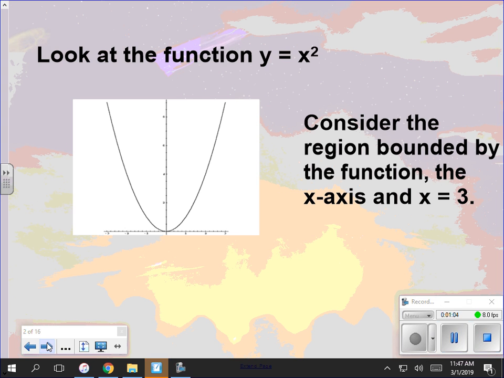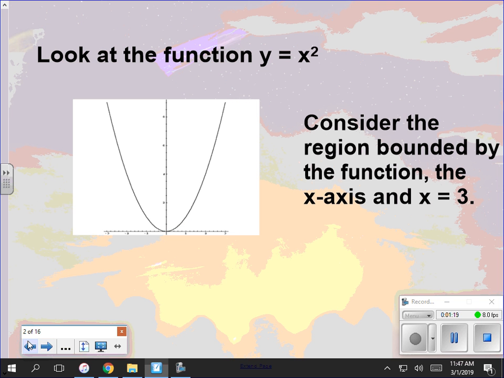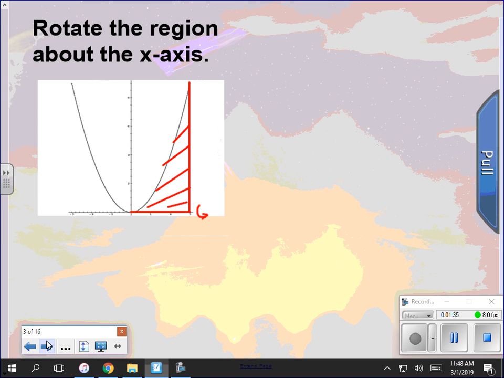So, let's take a look at the function y equals x squared. Consider the region bounded by the function, the x-axis, and x equals 3. Okay? So, the idea is, I have this function, I have this line x equals 3, and the x-axis. I'm going to take this area here, and I'm going to rotate it. I'm going to take that and spin it around the x-axis,